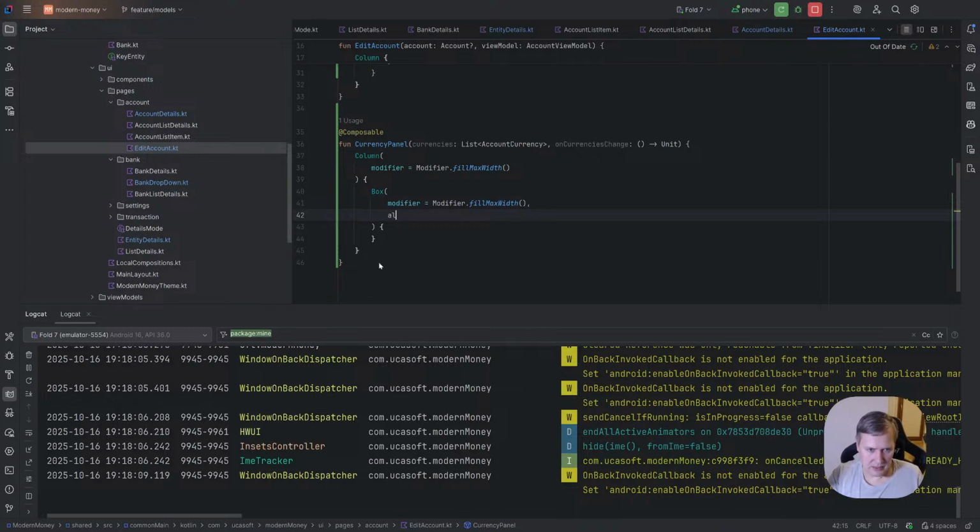So alignment, content alignment, it will be to the right. So alignment center end, and here let's add an icon button,